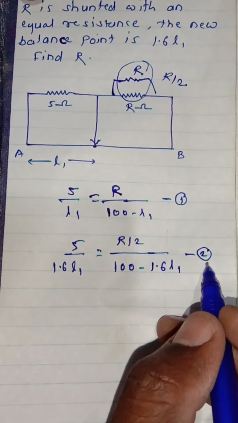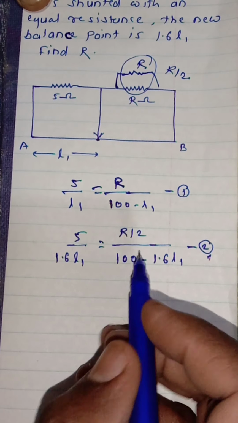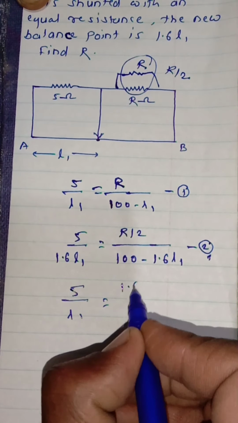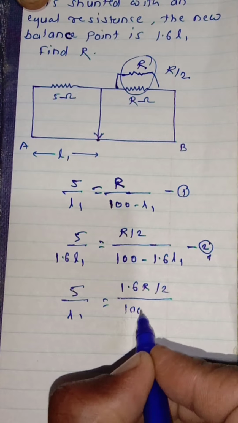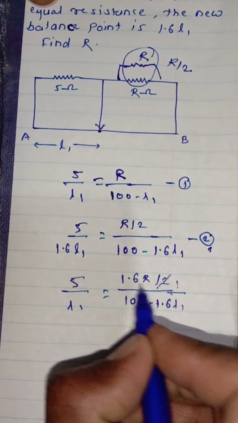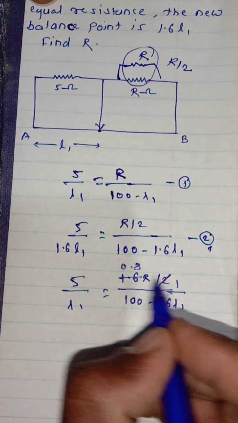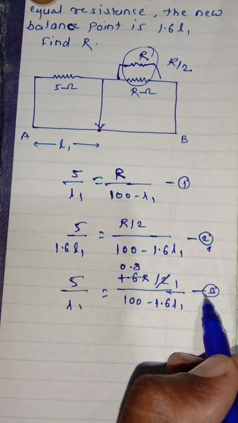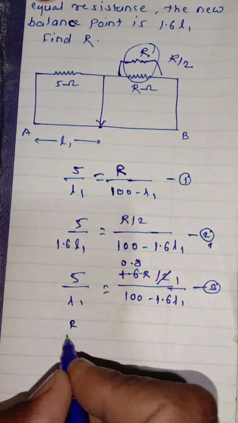Further, we solve that problem. Shifting 1.6 toward the right side, 5 divided by L1 is equal to 1.6 R divided by 2, whole divided by 100 minus 1.6 L1. Okay, 1.6 divided by 2 is 0.8. This is equation number 3. Equation number first and equation number 3 have the same left-hand side, so I can write here R